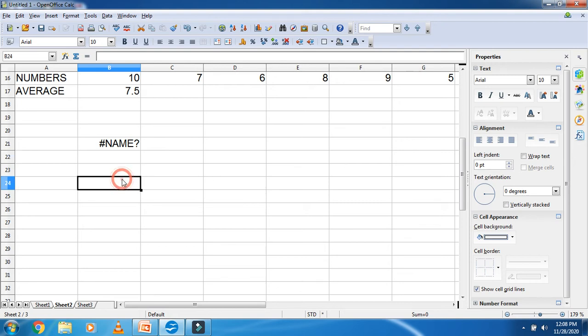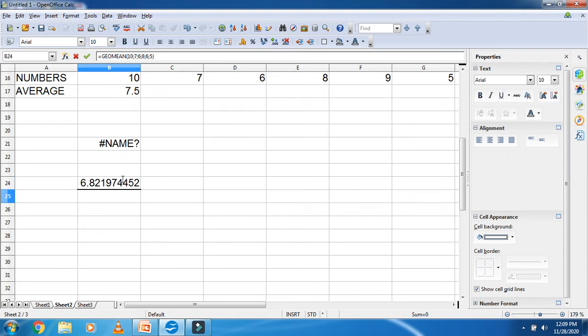I use again equal to geomean, bracket open 10, 7, 6, 8, 6 and 5, bracket close, enter. So I will get the result 6.8.